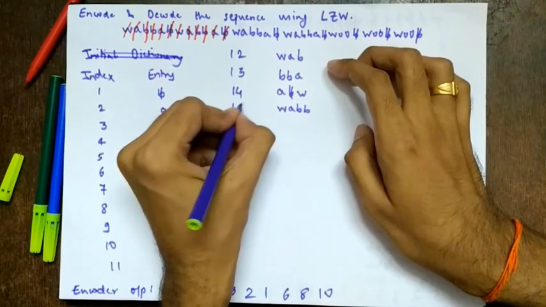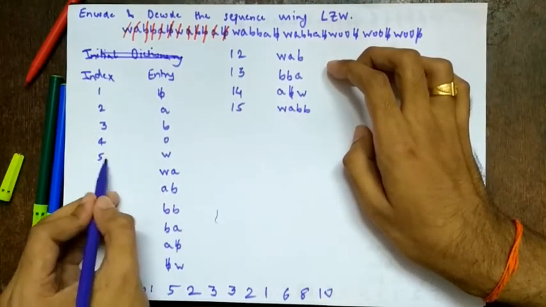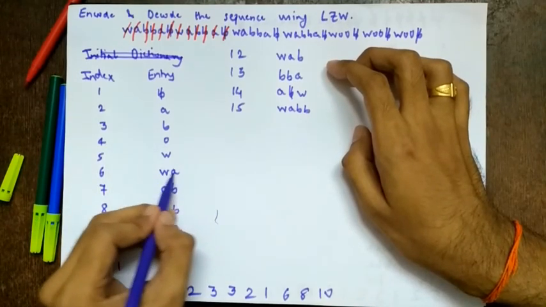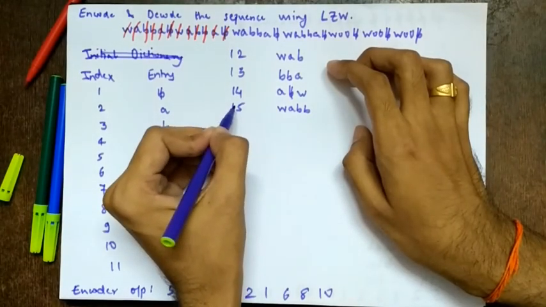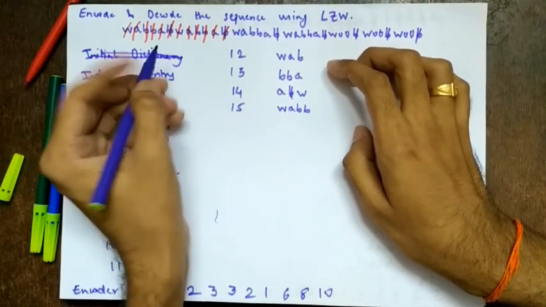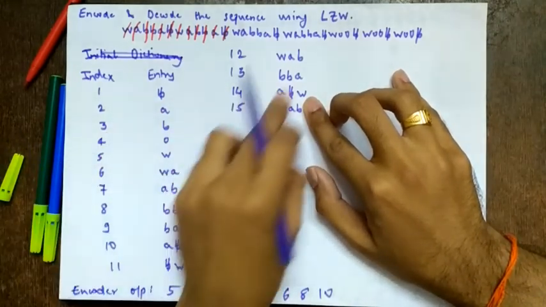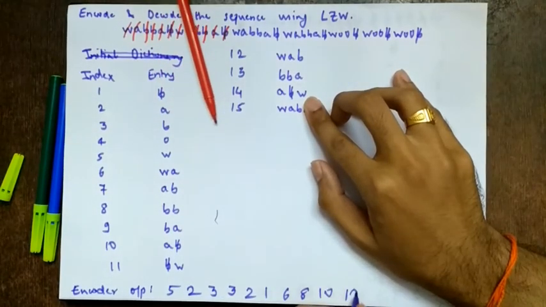So what is done here? First we were sending for W one index, one number, which was 5. Then we were sending for 2 alphabets, one number. Now we are sending for 4 alphabets, only one number. So that is how we are achieving compression here. So WABB. So remove the last alphabet, WAB. WAB is at 12. So we'll write the next number as 12. Remember I am giving a space in between. I have not given a space between 1 and 0. It is index 10. So after this, these are all spaces, remember.